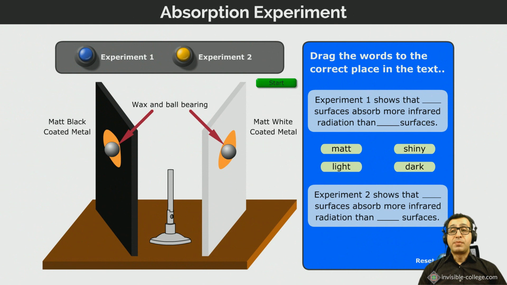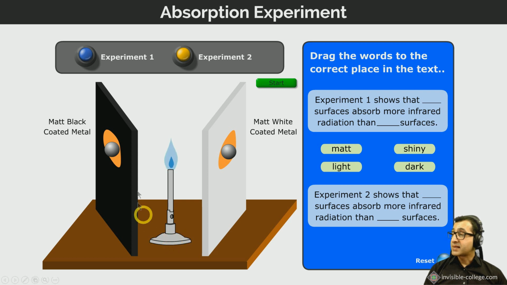So different surfaces will absorb and emit heat at different rates, and this experiment here illustrates this principle. So here we have a Bunsen flame. Here we have two surfaces, both of which are objects made of metal, but the surfaces are coated with different types of paint. The surface of this object is coated with a matte white paint. The surface of this object is coated with a matte black paint. On the side of these two objects opposite from the Bunsen, we have a blob of wax to which we've stuck a ball bearing. So if we now start this experiment and see what happens,